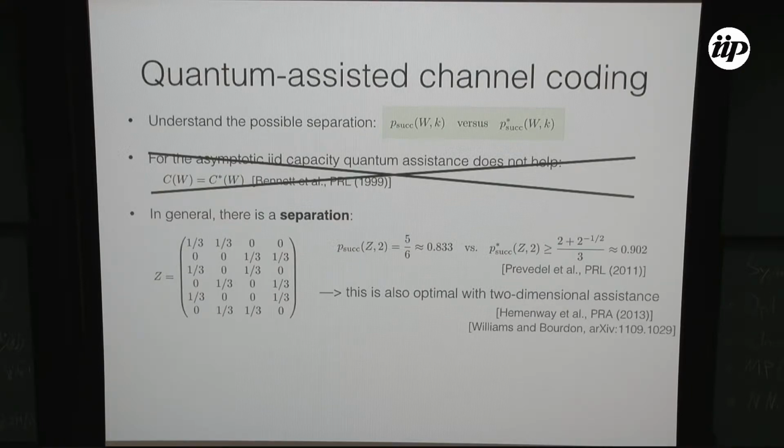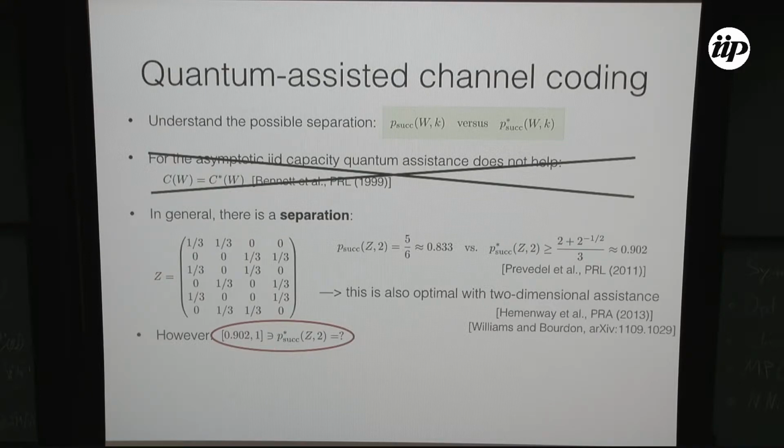So, it's reasonably simple. Okay, so the point is it's also optimal, as shown in those papers, if you restrict to these two-dimensional assistants, okay? But again, in general, I didn't want to only allow 2-qubit, two-dimensional assistants, but I wanted to allow unbounded assistants, okay? So, it's a very specific example, but just to give you the flavor of this type of work. So now we know, at the p star, it has to be at least 0.9. Okay, it could be all the way up to 1, but what is it?